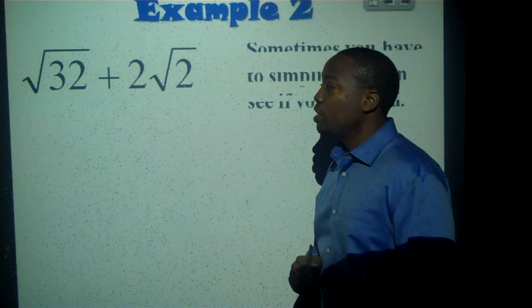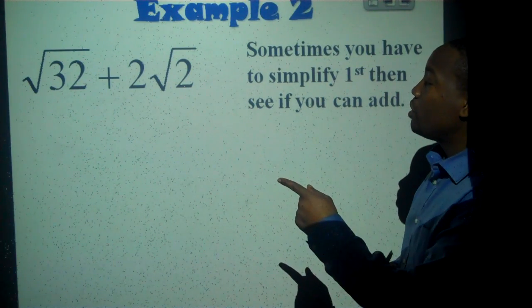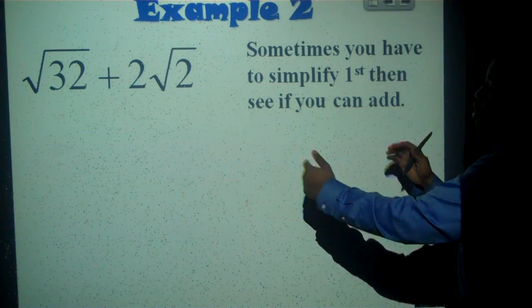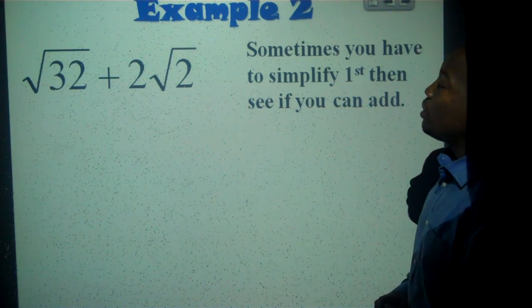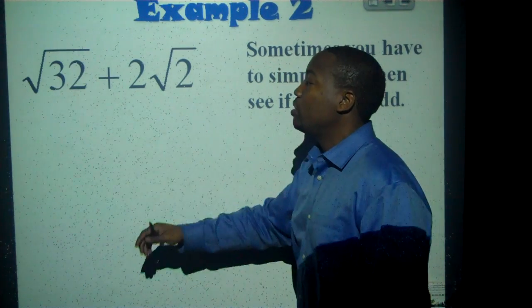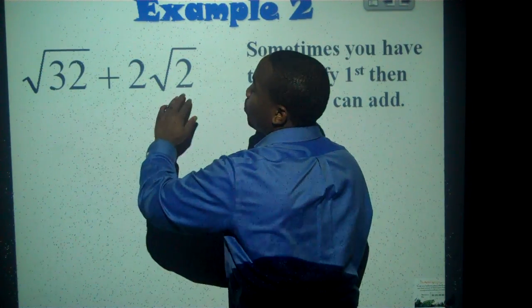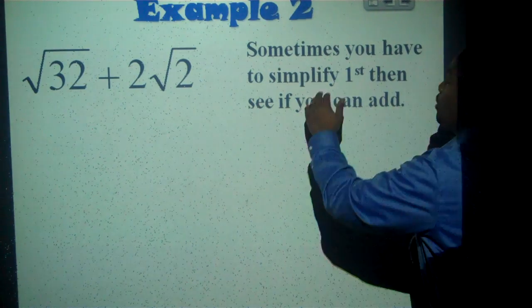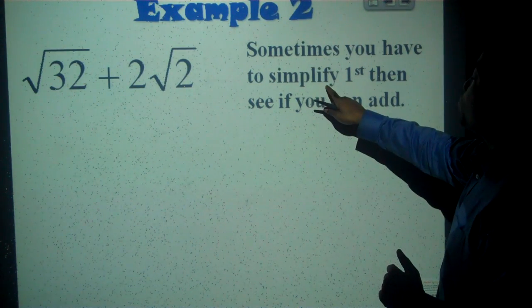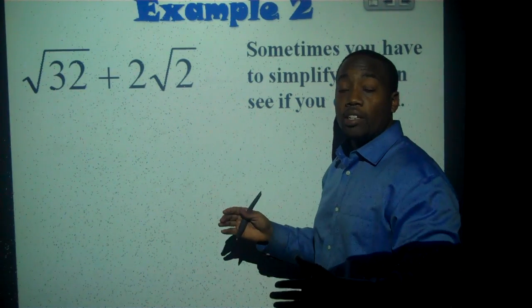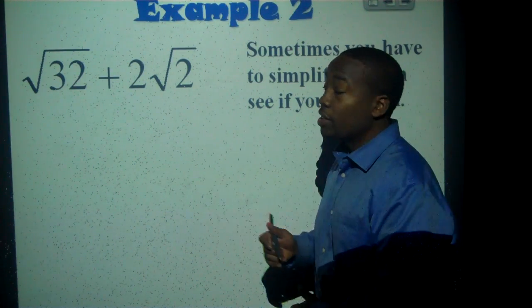Now let's jump into this one. We have square root of 32 plus 2 square root of 2. Looking at this, you can tell that it's not the same radicand. I can't add these two because it's square root of 32 and square root of 2. But sometimes you have to simplify first, then see if you can add. Sometimes you will be able to add, sometimes you won't. You just have to check and see. So,